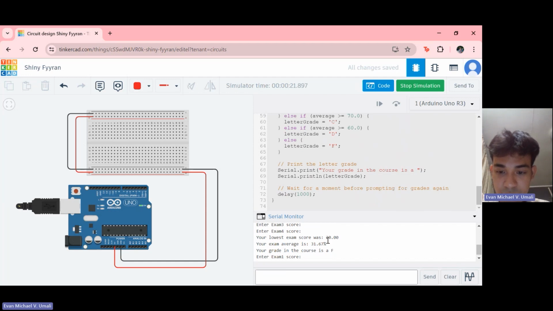Your lowest exam score was 20, which is what we entered earlier. And then the exam average is 31.67%, so it is less than 60% average. So, the grade is letter F.